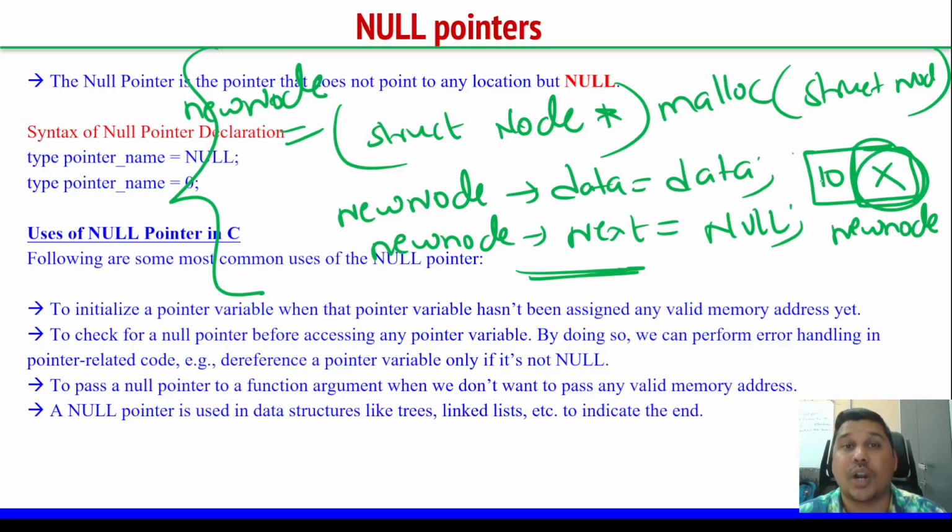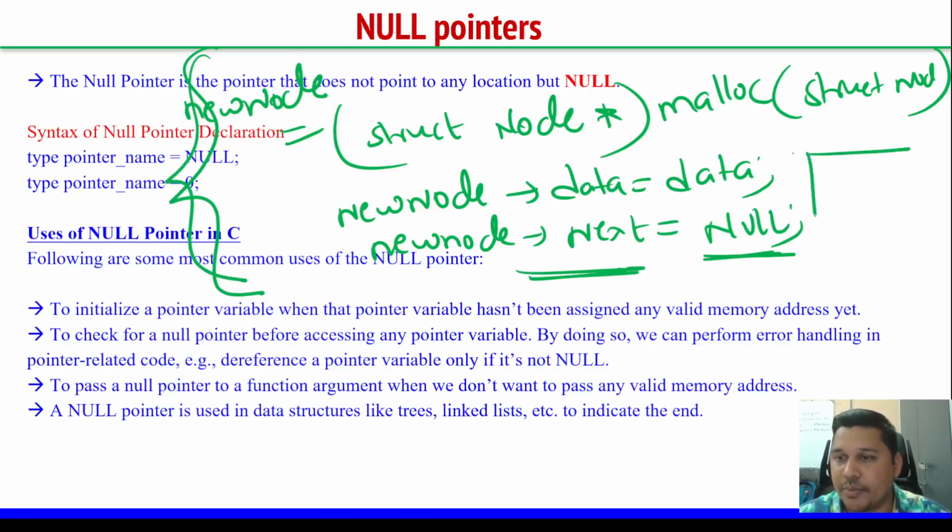which is used to store address of another variable or another node. So this is a pointer, but at the beginning of creating a node, we are assigning null. Why are we assigning null? Because there is no linkage now. This node is free now. It is new. It is free. It is not linked with any other node. That's why by default we are writing these 3 lines to create an empty structure,